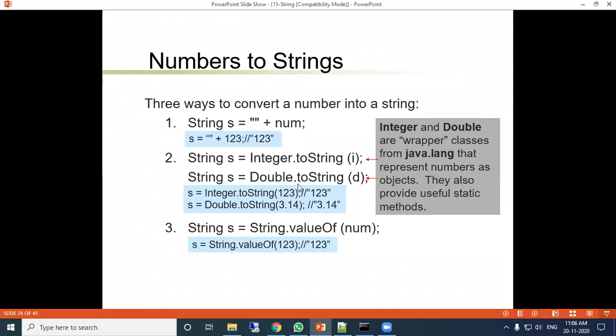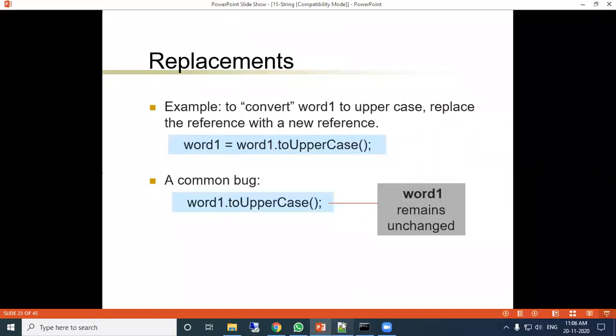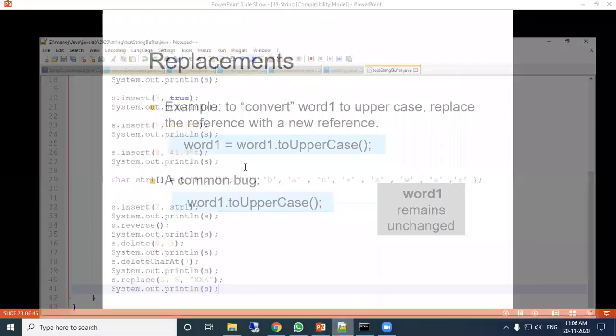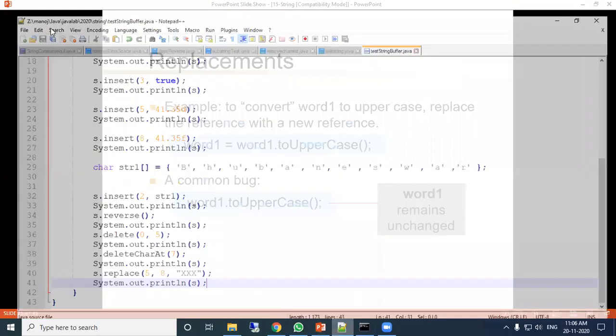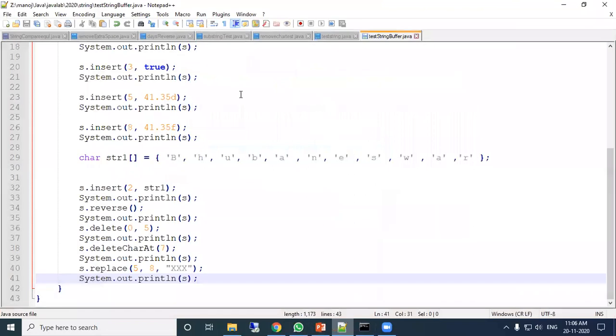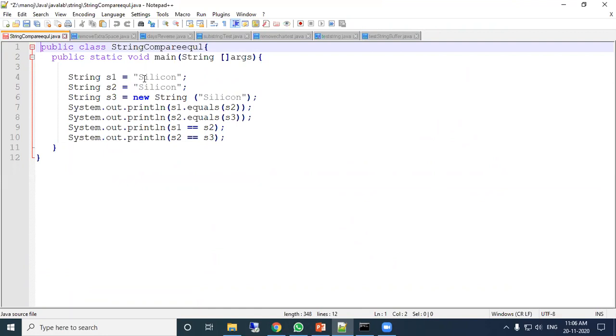Now let us see some programs where it is applied. See a program here. S1 contains silicon, S2 contains also silicon, S3 contains silicon.